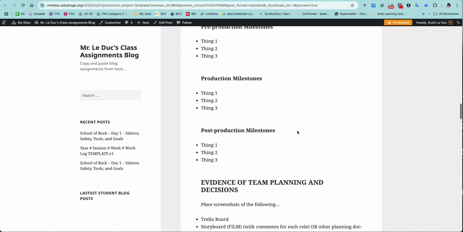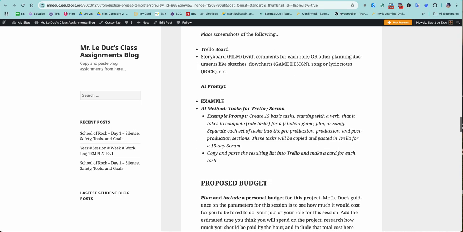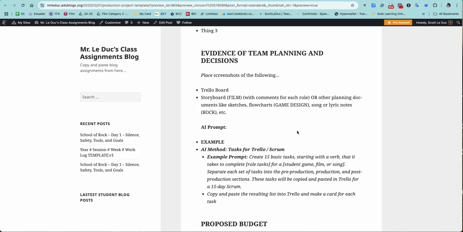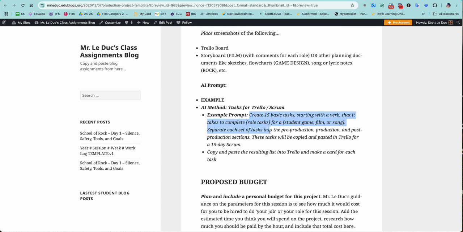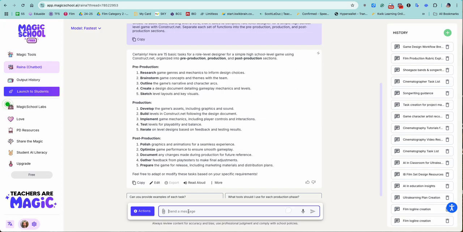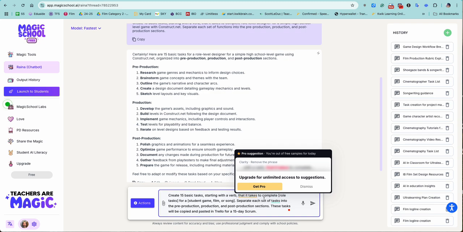Let's go further on, and let's take a look at team planning and things like this. So you have up here the schedule, but for the Trello board, I'm gonna go like this. Now it looks very similar to the prompt we just did. I'm gonna paste this in here. Create 15 basic tasks starting with a verb that it takes to complete